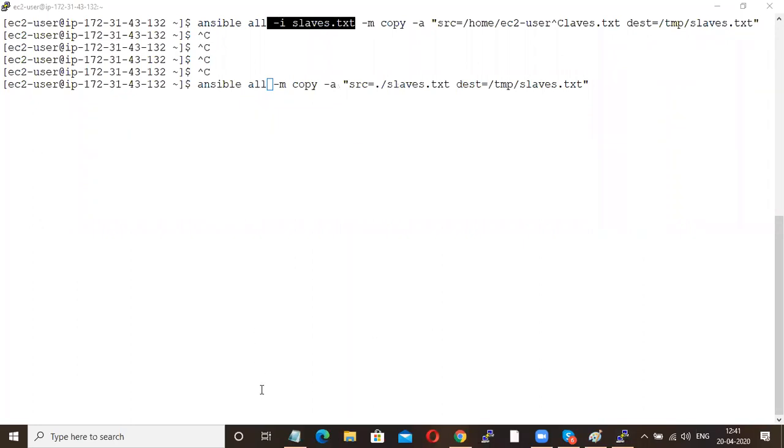It has destination slave.txt. It has destination mentioned there. It will copy the file in its own path only. It will not go to the slaves. It will not get the slaves IDs.